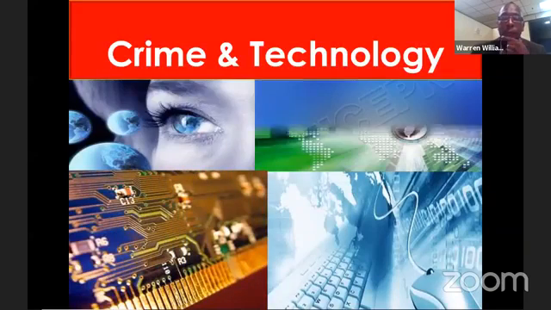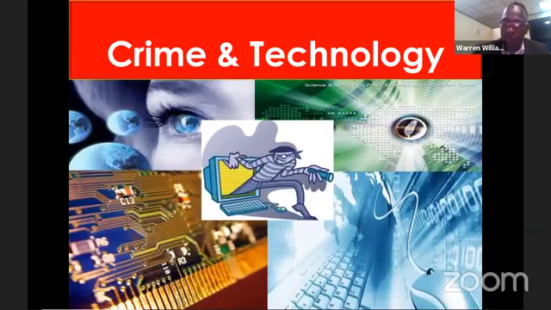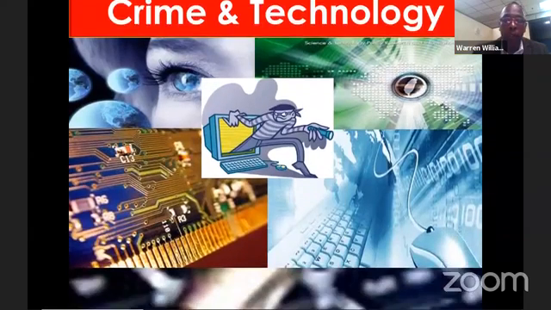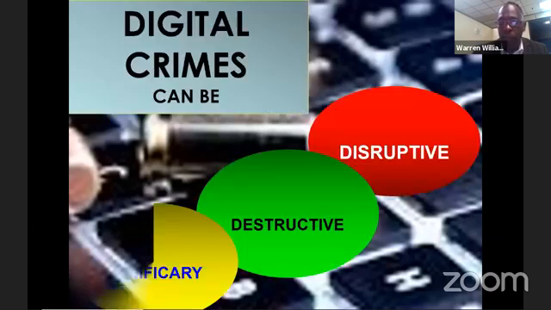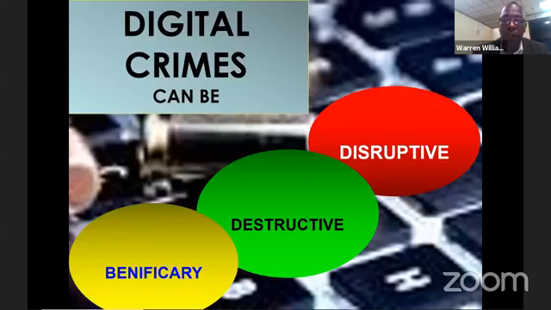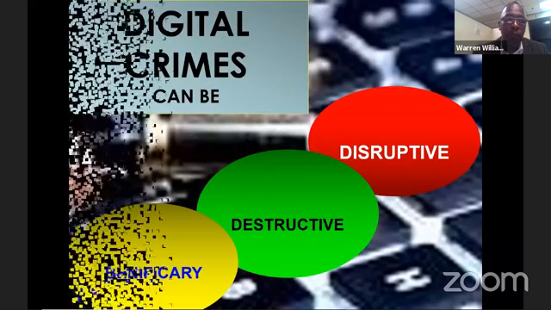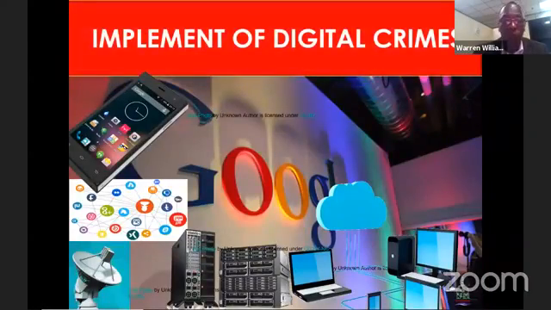We have seen where crime and technology is gradually evolving within the Jamaican digital landscape and globally. As such, we know it has become really disruptive to some organizations. We have seen quite a number of reports, especially with ransomware and scamming and the like. These persons use different tactics and means of socially engineering information, and use it maliciously against individuals and companies. But all in all, we have seen where technology has become really beneficial to most of us who continue to use it.